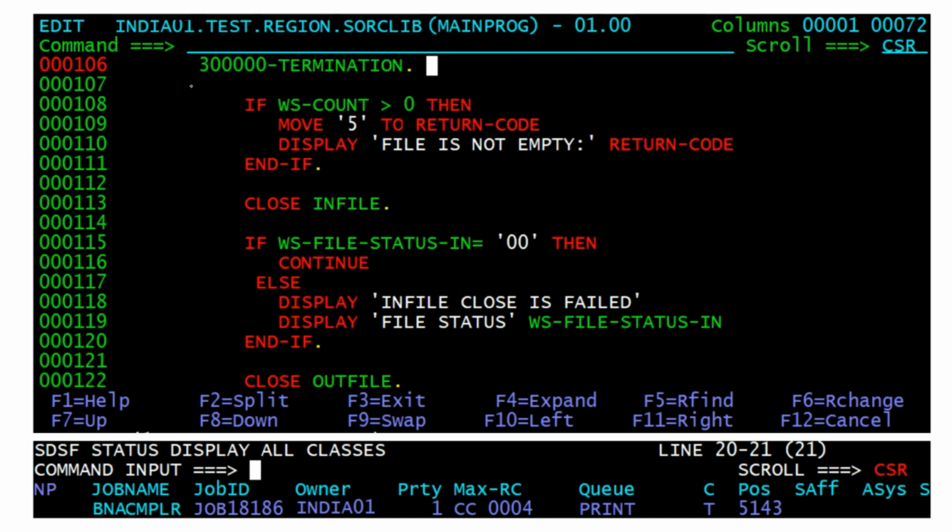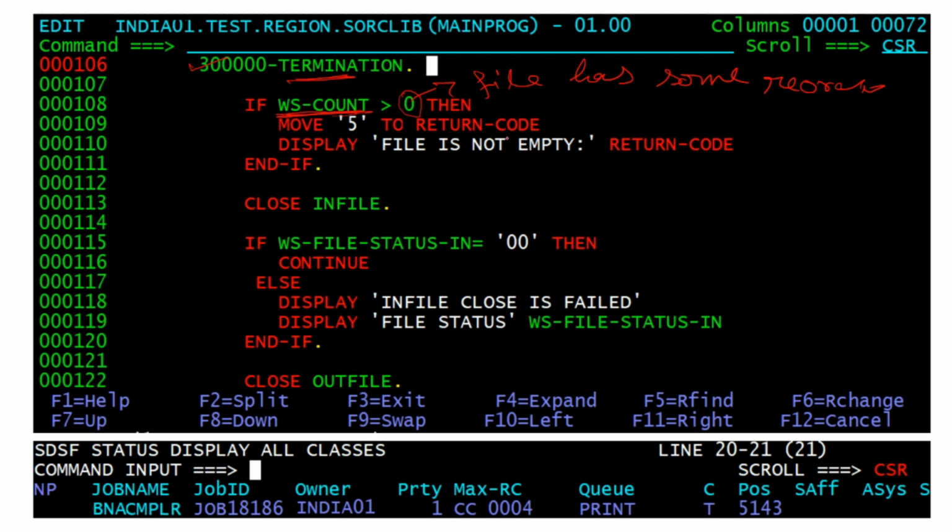Then in this termination para, I am checking whether I have some record or not in the file. If its value is more than 0, it means the file has some record.